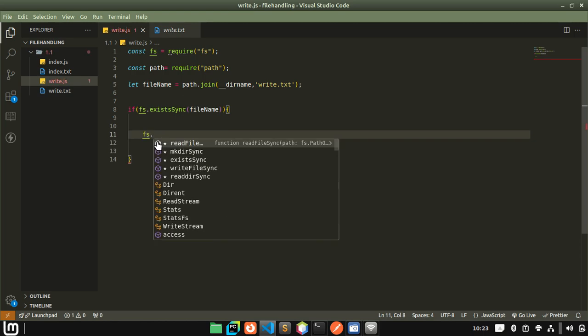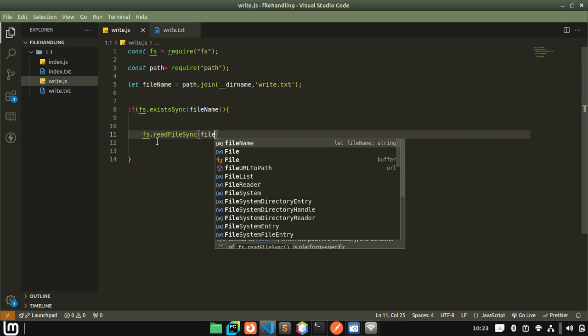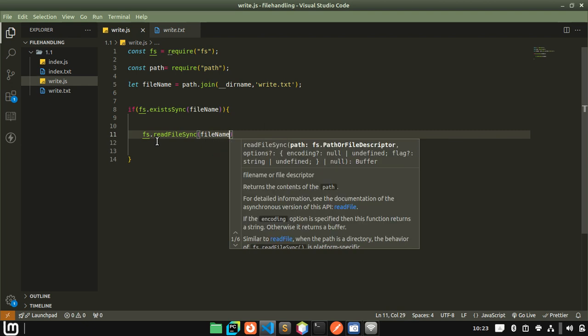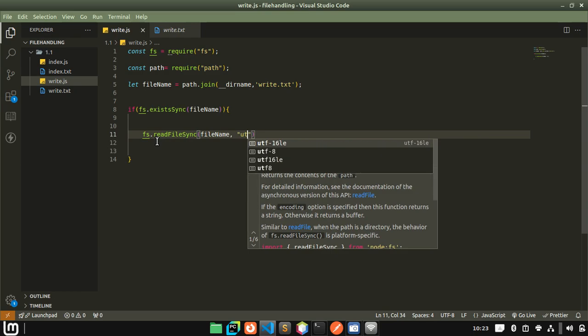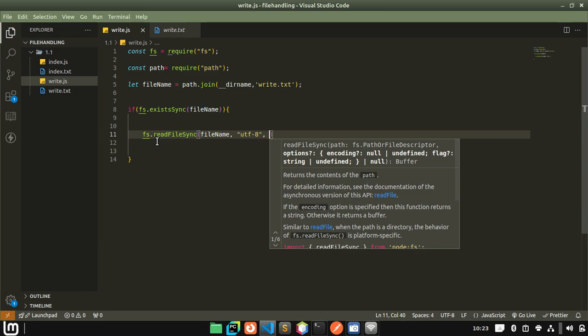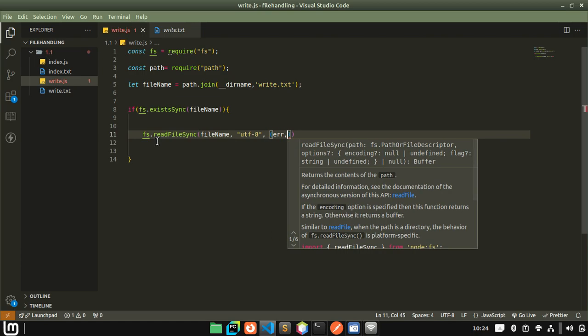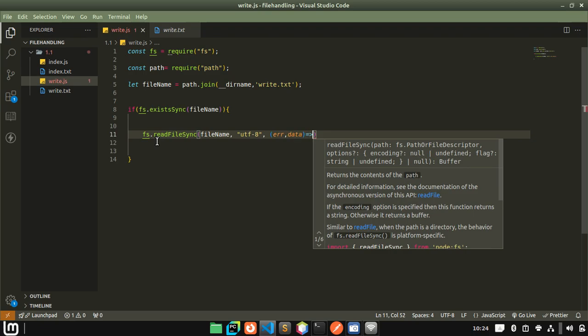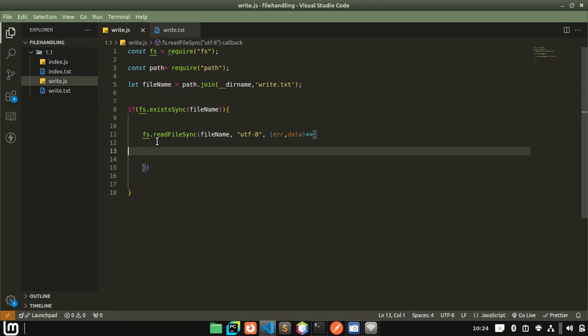I'm going to say fs.readFile. I'm going to say file name. Then with this file name, I'm going to say UTF-8. Then this one is going to receive a callback, error and data. Then I can now return this. I can now come here and say this file really exists. So this file now exists. So I can say